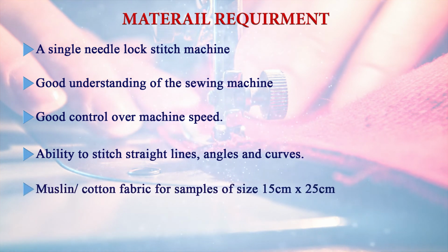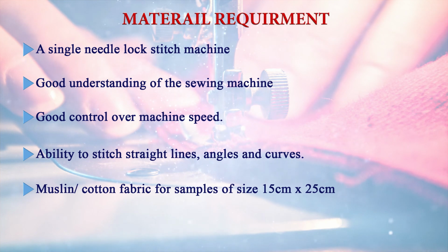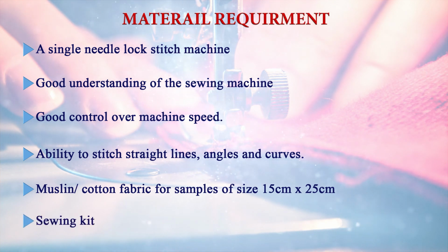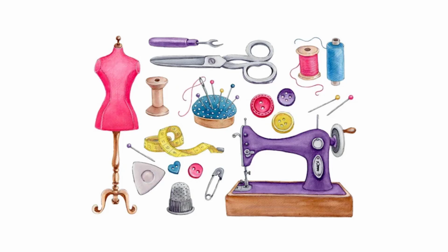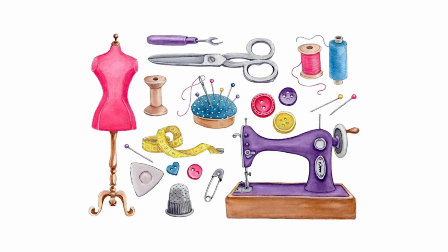You should have a material such as muslin cloth or cotton fabric for preparing samples of seams or different stitches. You can use cotton fabric or muslin fabric for developing the samples. And the most important, you should have your sewing kit. In your sewing kit you should have all the necessary materials such as scissors, threads, needle, marking chalk, measuring tape,